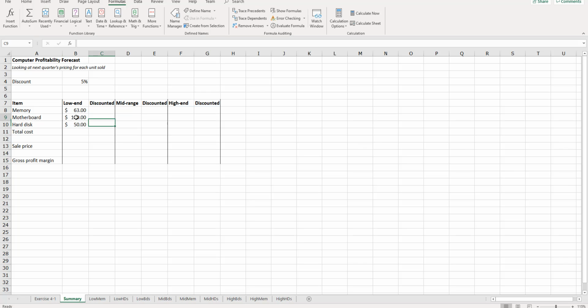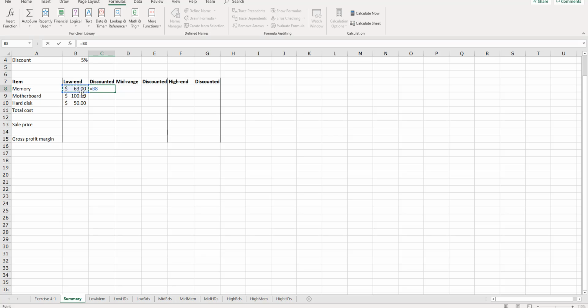Okay, so if this was to be discounted, the formula here would have to be, whatever the original price was minus, and in brackets here, this price again, times the 5%. Okay, so just to sort of see that, $59.85, that seems about right. It would be about just over $2.50 that you'd be saving. $3, yeah, I guess that's about right. Yep. So the idea here is that if you just drag this down,